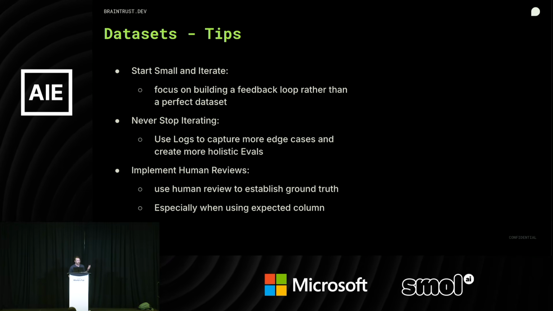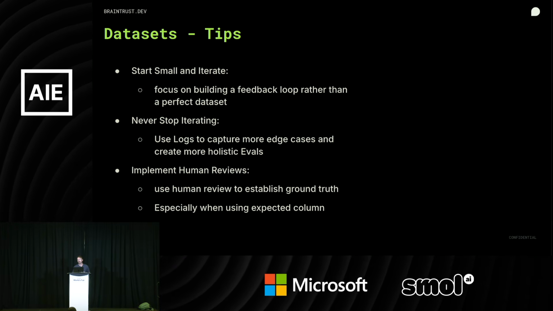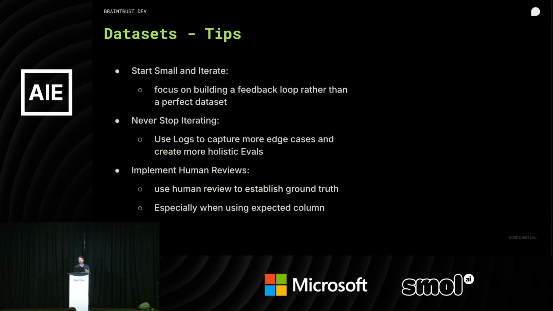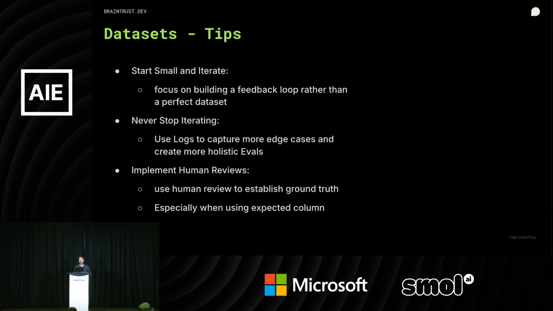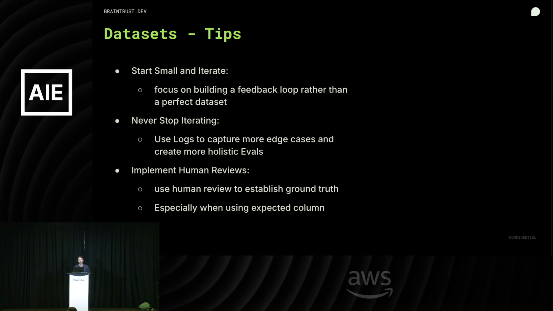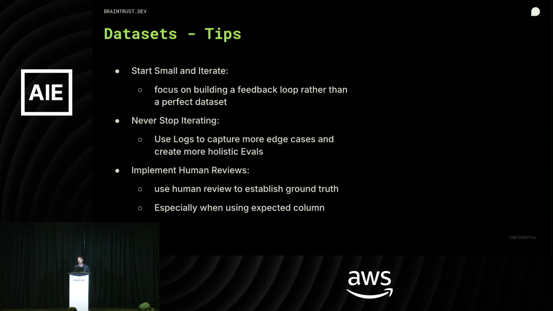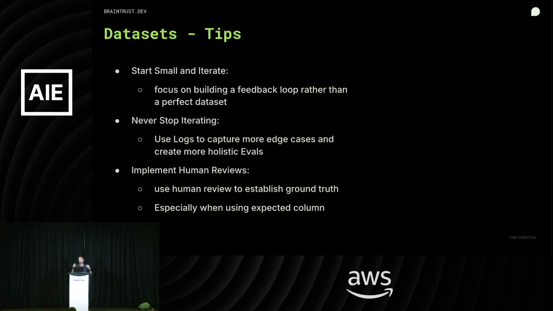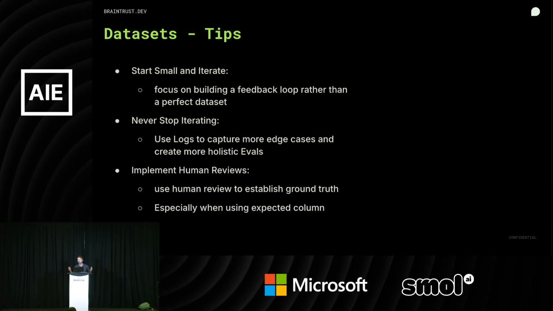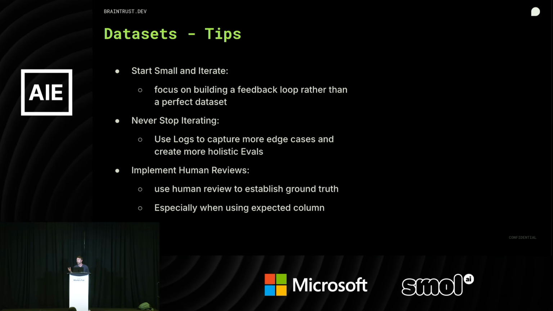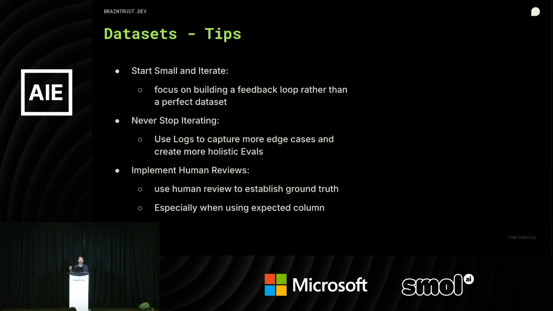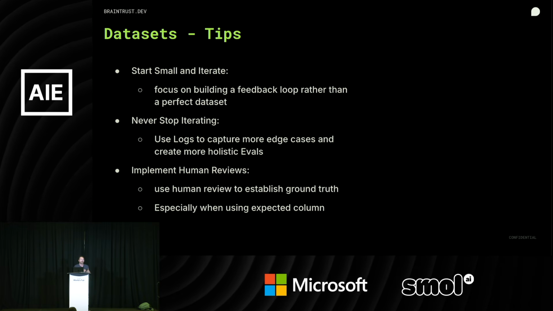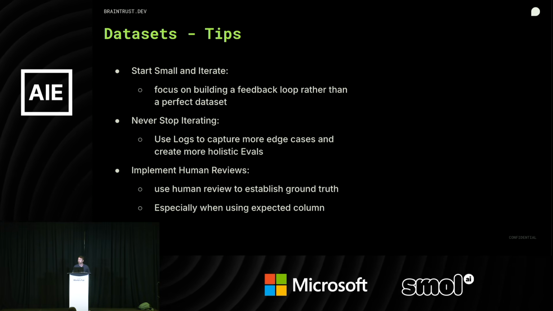I mentioned this a little bit ago, but just start small and iterate, right? You don't have to create this golden dataset to get started here. Just start, and then continue to iterate and build from that baseline. The human review portion also becomes really powerful, again, when we have stuff being logged within production. Having humans actually go through those logs. And there's lots of different ways to filter it down to the things that they should be looking at. And then we can decide to add those things to certain datasets that then inform the offline evals that we're running.